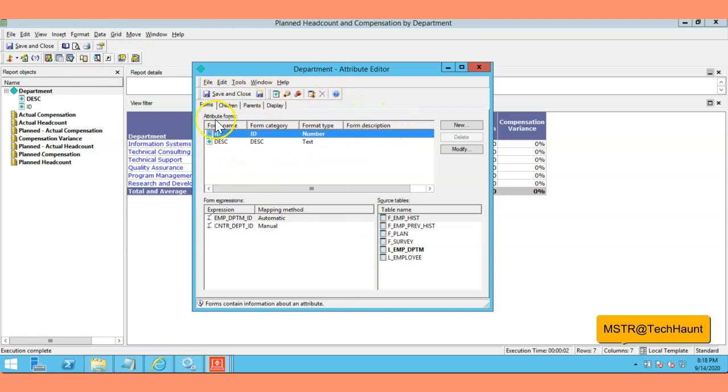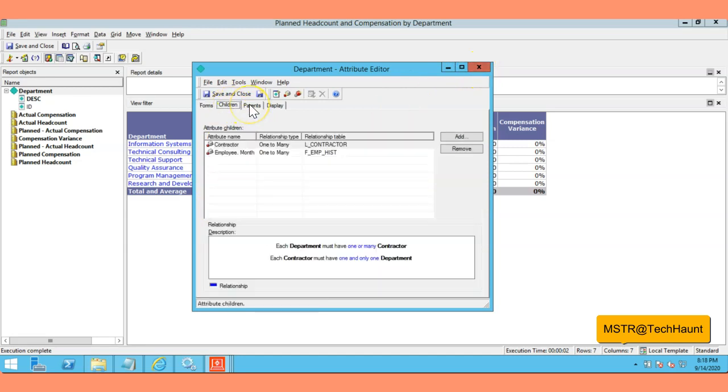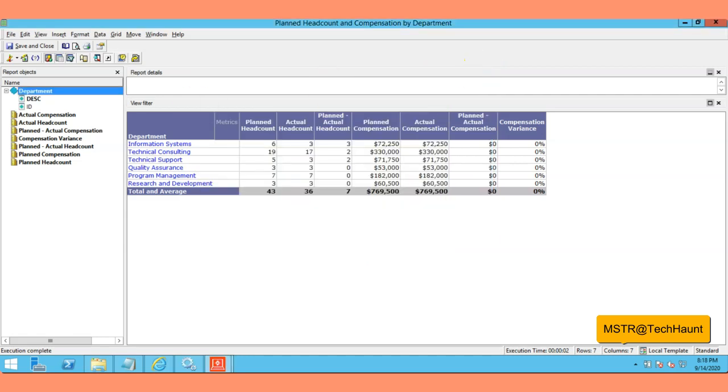I just showed you this is the attribute forms, this is the ID and the descriptions and form expressions and other things. So I'm just going to close it. But you can also make changes. You can create the child parent relationship here, one to one, many to many, or one to many, from here also. So I'm not going to do this right now. I'm just going to close it, and I'm just going to close my reports.